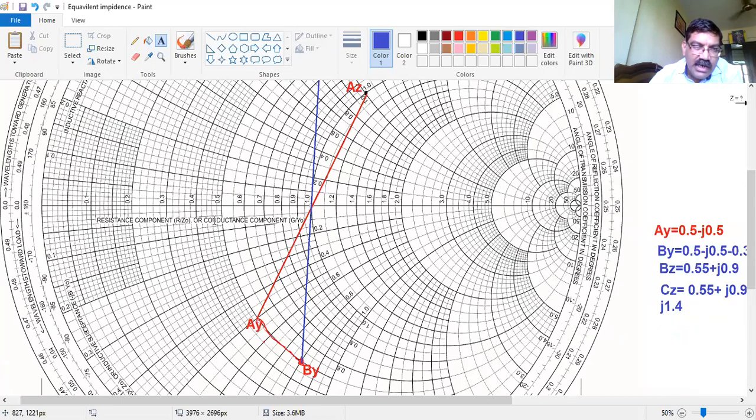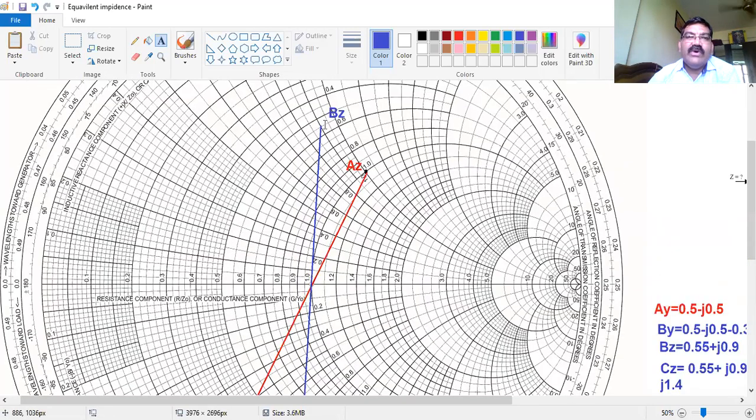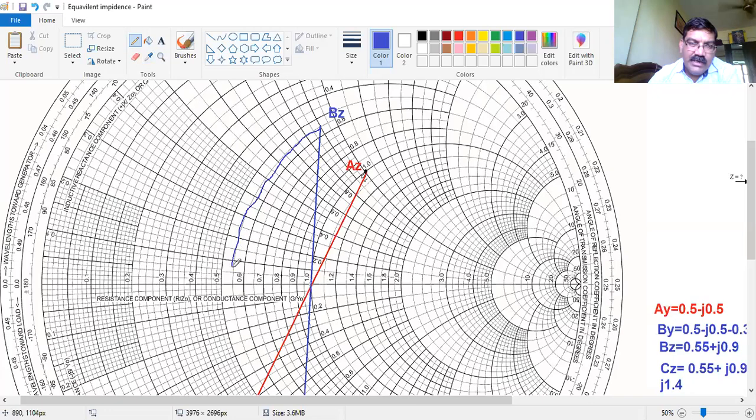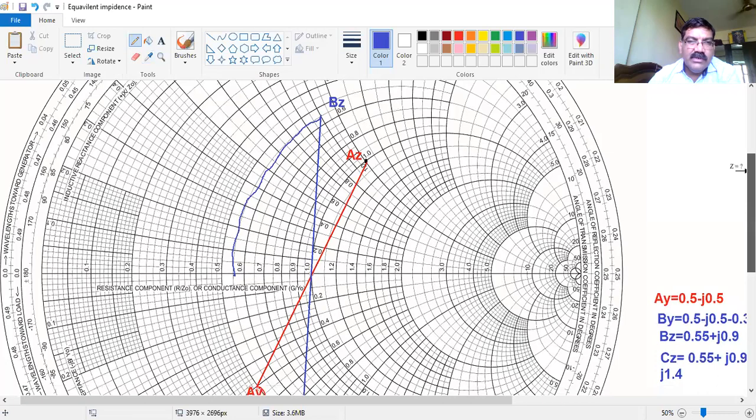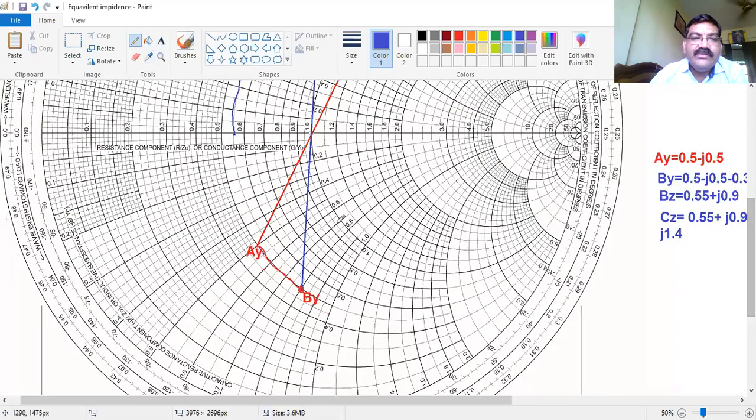So again, you can come down, down, down, and here you will get the value, 0.55. I'll just take a free hand. From here you can draw this line. I hope it is visible. I'm drawing it by free hand. It comes here. Now I'll go down, it will go down till 0.5. So here AY is on the 0.5.